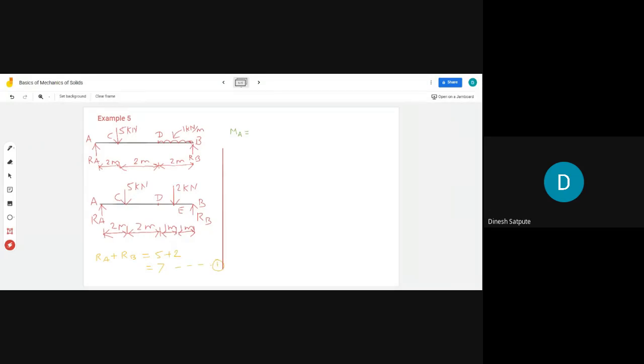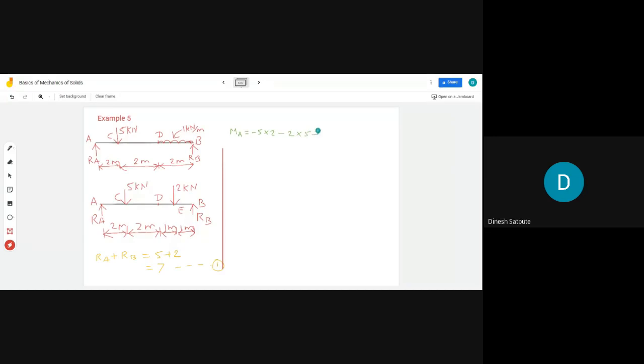The thumb rule is the moment due to forces going in downward direction will be negative. The moment due to forces going in upward direction will be positive. So MA is equal to minus 5. Why minus? Because that is going in downward direction. 5 kilonewton is going downward, multiplied by 2, minus 2 multiplied by distance between point E and A, which is 2 plus 2 is 4, plus 1 is 5. So 5